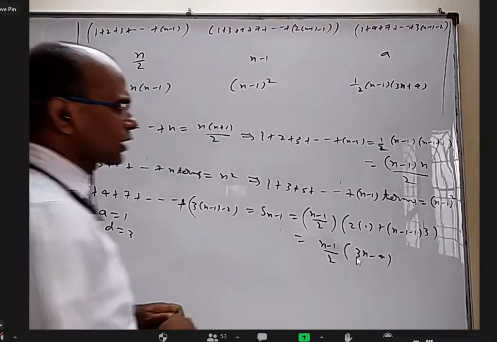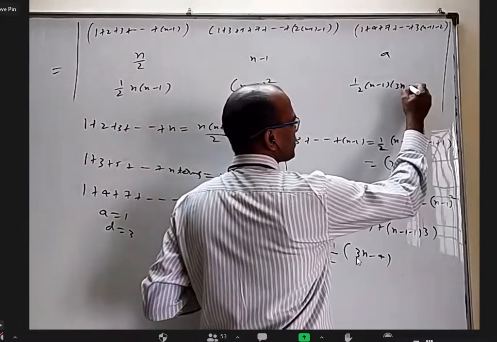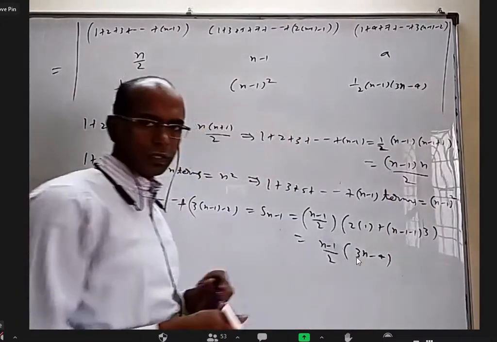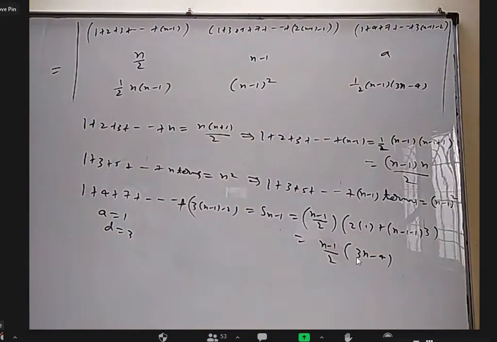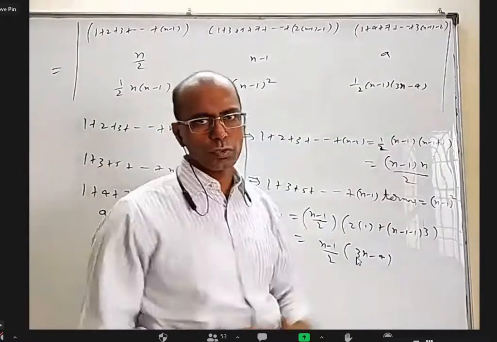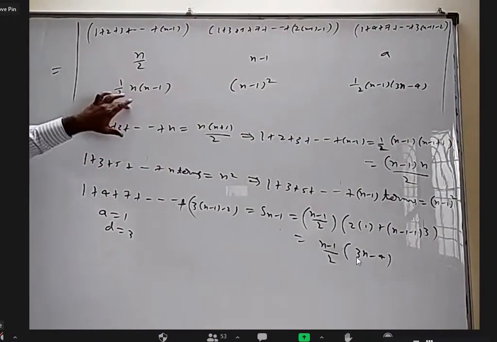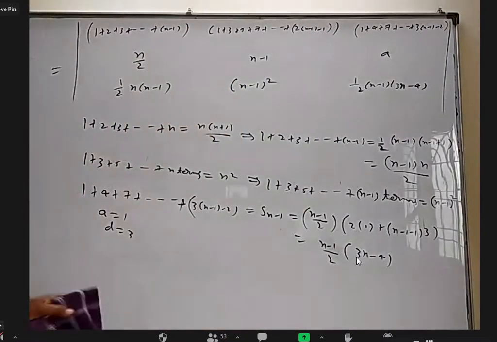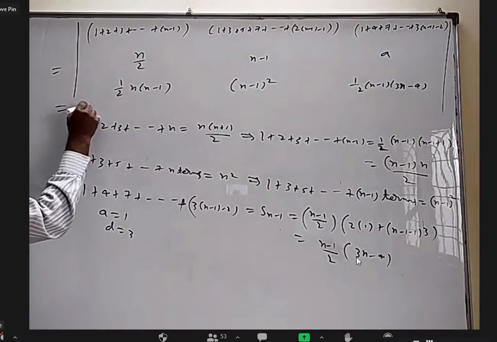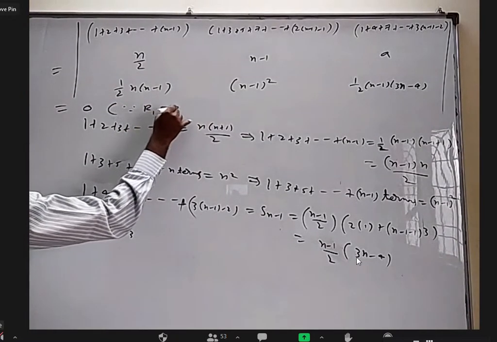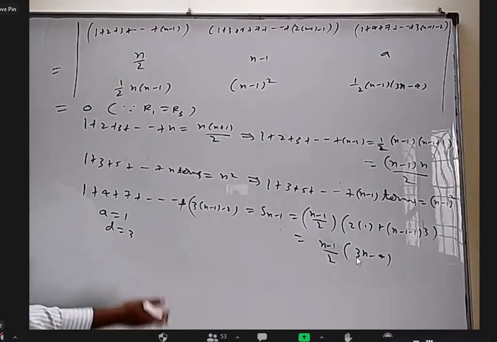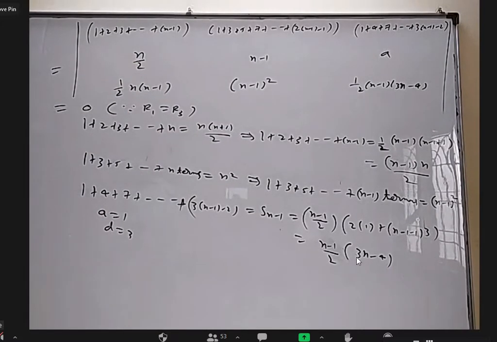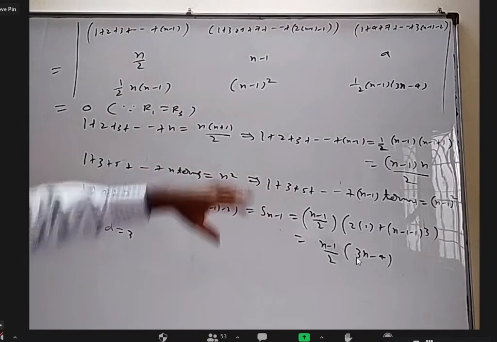Yeah. Can you make a correction in the question? Can you please write this as 3n minus 4 instead of plus 4? Is it okay? The original question itself, please write the last as 3n minus 4. Okay, I proved how these are equal based on arithmetic progression, these are equal based on arithmetic progression, these are equal based on arithmetic progression. So I think I can just write here itself equal to 0 since R1 equal to R3. Any part somebody is not able to read, not understood, please tell me, I'll explain.